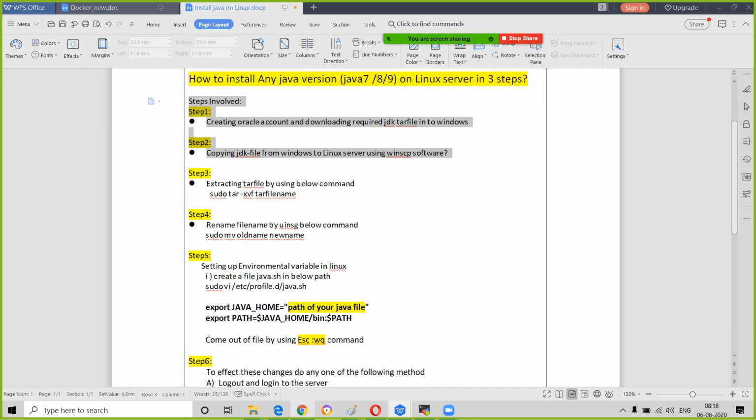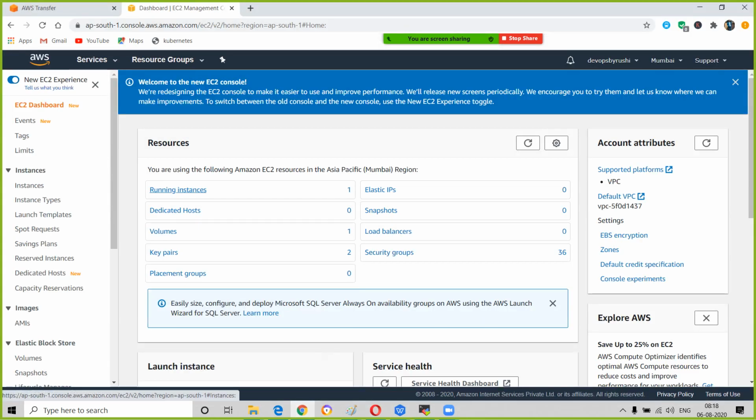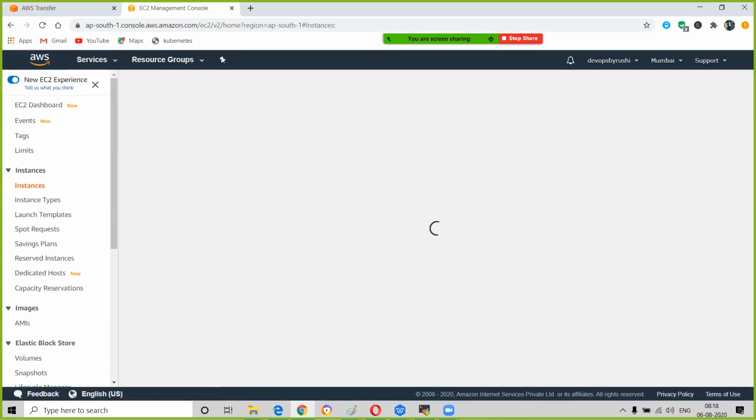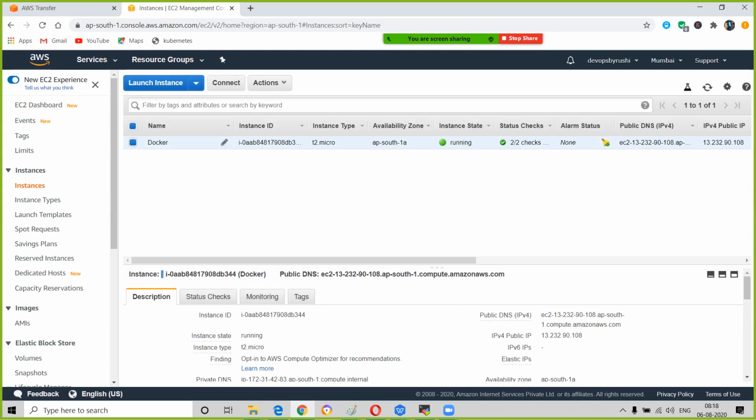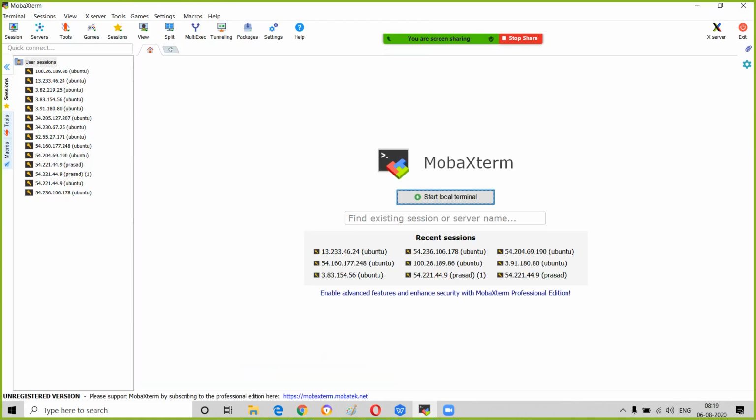So what I'm doing is I'm launching one server. Already I have one server here. Just log into the server, and this is Docker, right? Just ignore it and change it to Java. This is Java, and I'm taking this public IP. Copy this public IP.